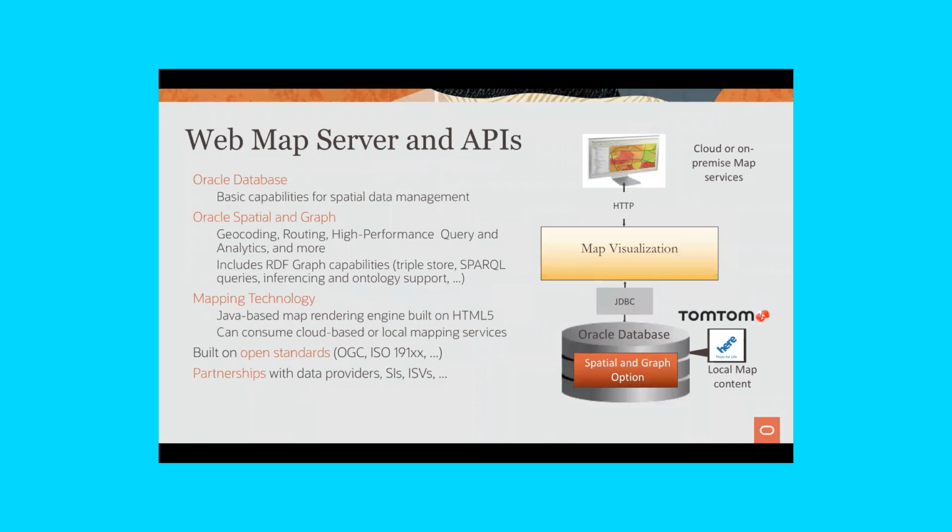So based on the previous example, there are different components there. One is the database component that can do spatial analytics, and the second part is the mapping component that can take the data content from the database and then produce maps out of it. So we provide a web map server and a bunch of APIs on top of that to build these web mapping applications. The component is called Oracle Map Visualization Component. It's basically a J2EE based application that can take the data that is stored in the database and then natively produce maps out of it.